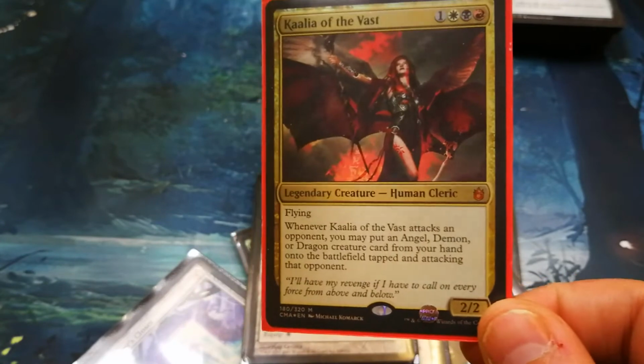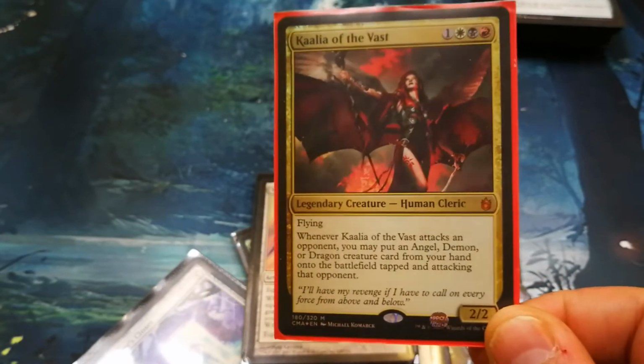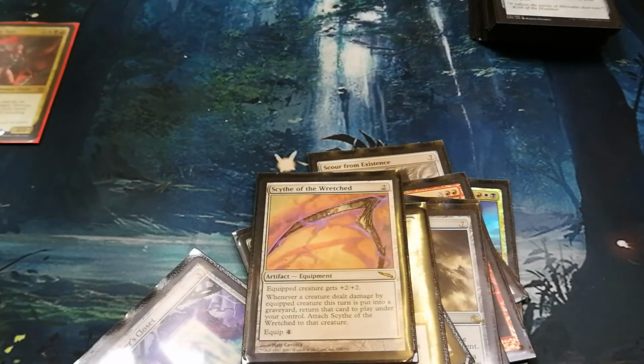She doesn't have any kind of protection in and of herself other than flying, so she becomes a big target because of that powerful ability. So, you need to have her protected. The first one